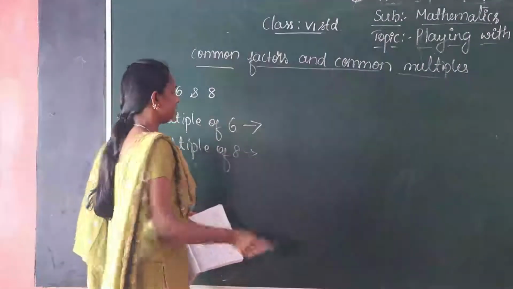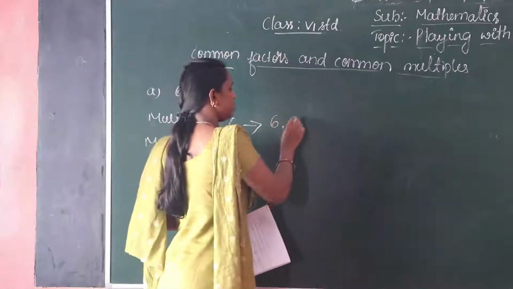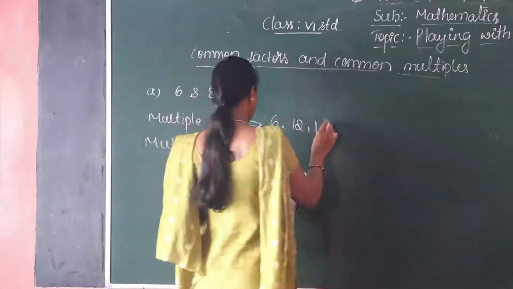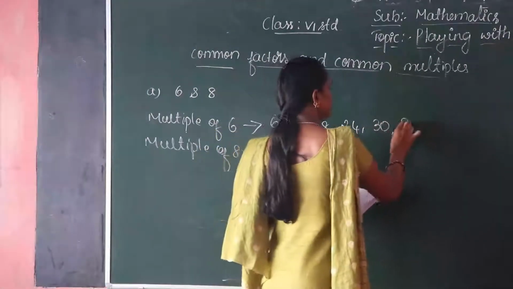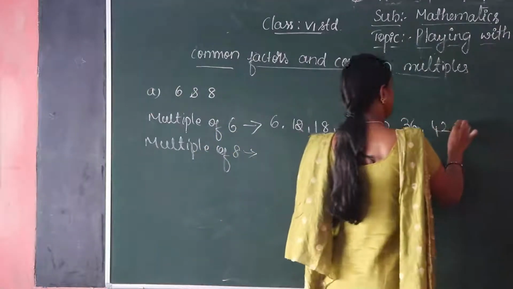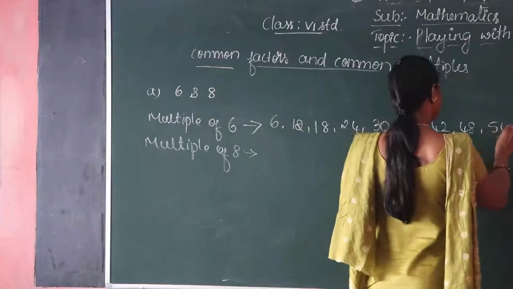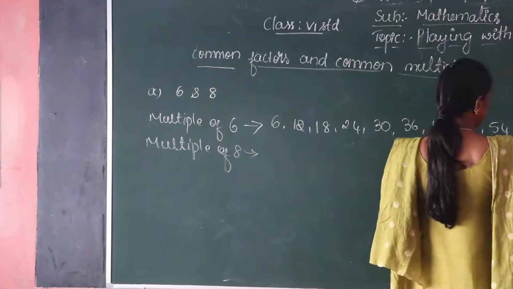So you know the 6th table: 6 ones are 6, 12, 18, 24, 30, 36, 42, 48, 54, 60,